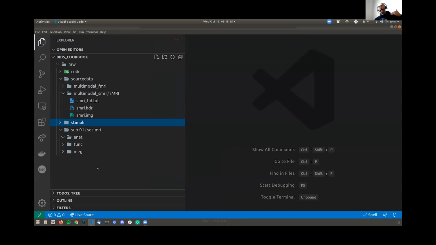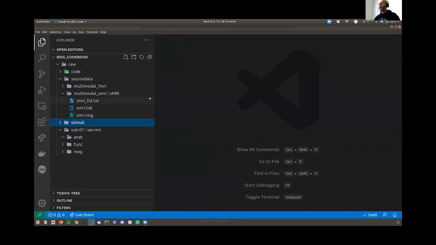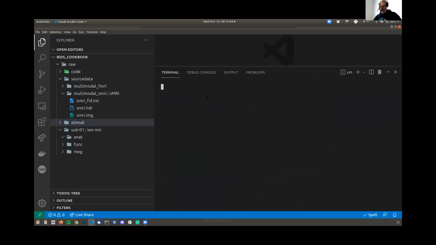Very often when you have neuroimaging data, it comes out of the scanner as what's called DICOM data. Here, this is a bit different. It's an old data set from SPM, so this is a file format you might encounter, but more if you're going to dig into old data sets. I'm also doing it here with this type of data so that you can see that BIDS can adapt around whatever input file format you have, and you can still do it.